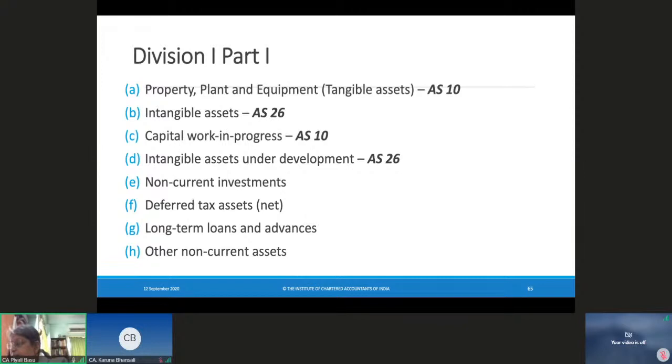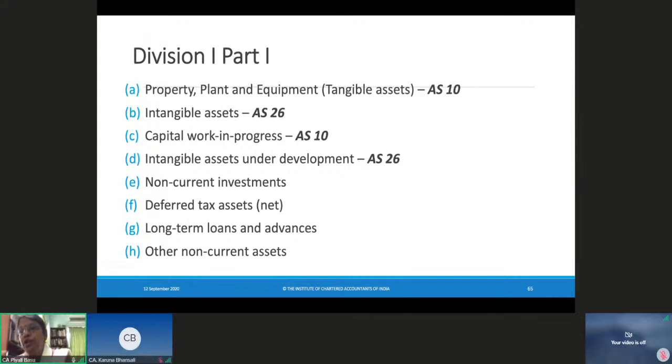Disclosure, intangible assets written off. Yes, disclosure will be there that it is written off in 5 years' time. Yes, amortize how far? What is the amortization period? The amortization period is defined because